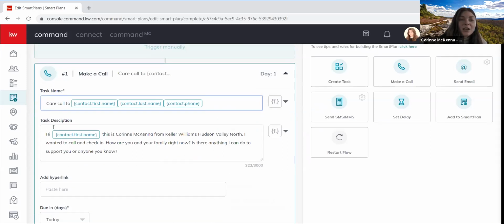Then similarly, the task description, this is just like a little script you can write for yourself, so that when you click on the task, you can have the script right in front of you, and it's part of your smart plan, so you only have to write it once, and then eventually you memorize it. But I think it's really helpful to have that script right in front of you when you're clicking on that task in your task list. So, hi Ray, this is Corinne from Keller Williams, Hudson Valley North. I wanted to check in. How are you and your family right now, etc. Just write whatever you feel or what you've been using as your script right now,